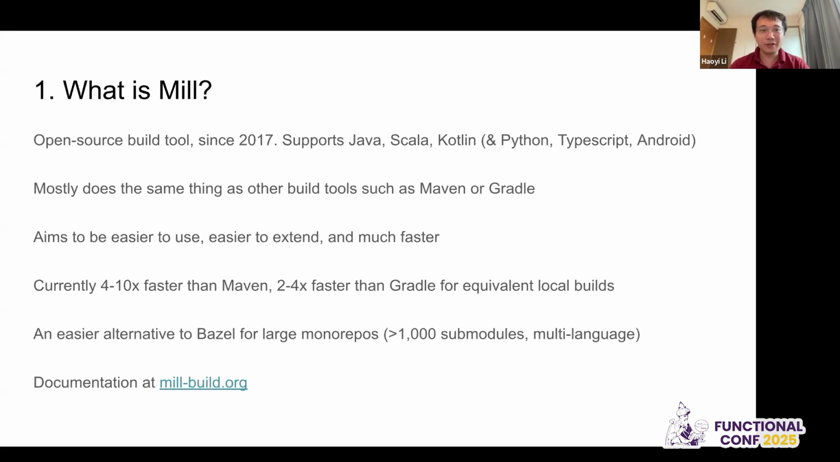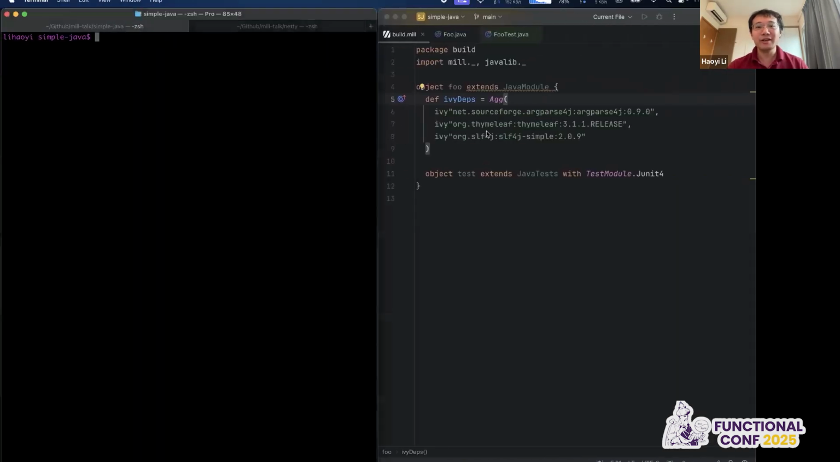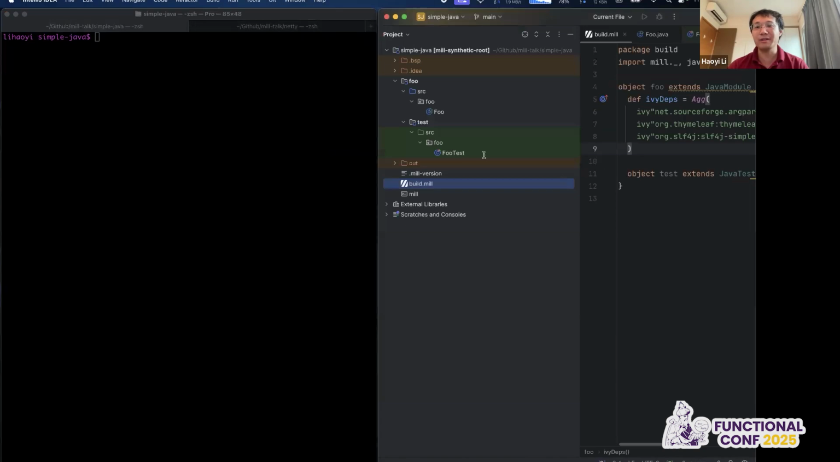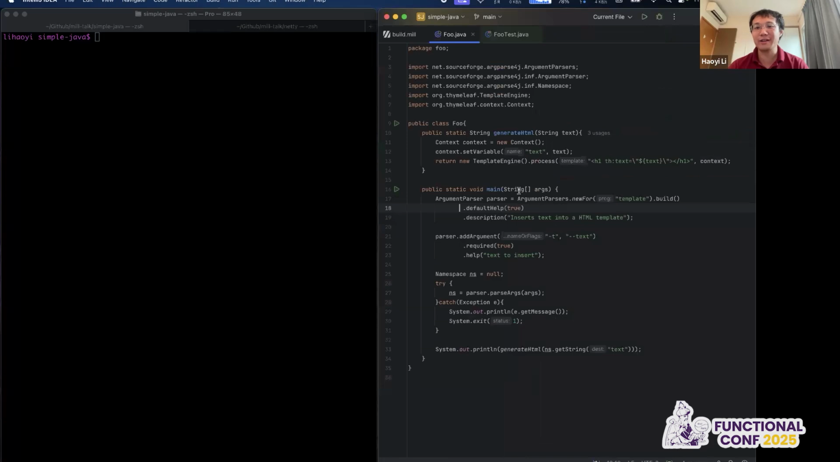But to move on, first, let's look at a small demo. Over here, I have a minimal Mill build. This is a Java project. We see I have a small foo.java file. It parses arguments using argparse4j. It renders some HTML using the Thymeleaf templating engine, and then just prints it out. It's a very simple hello world